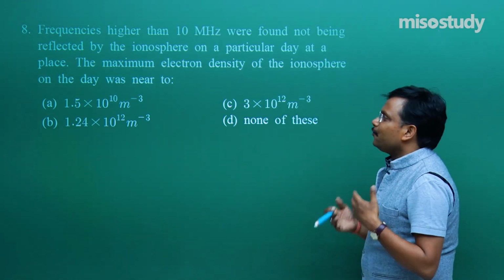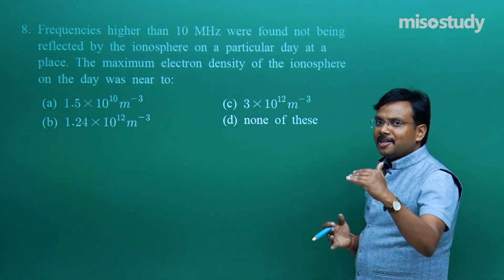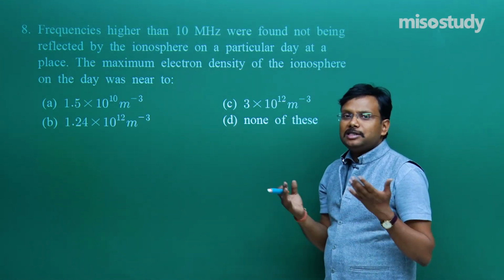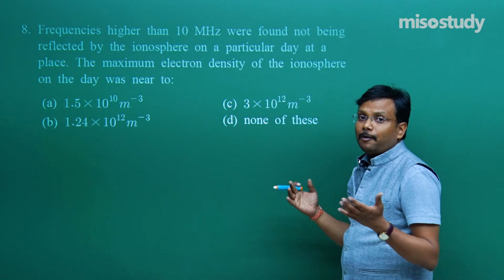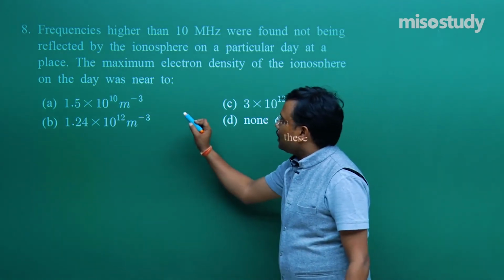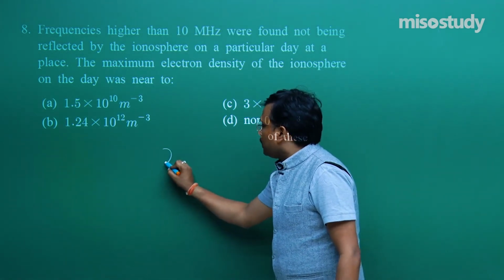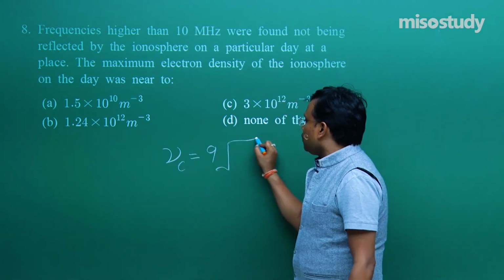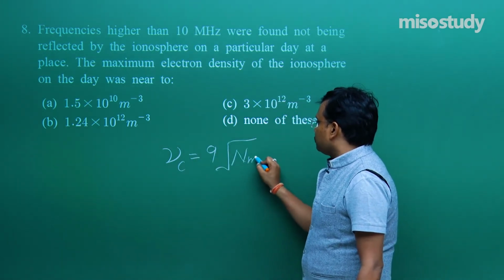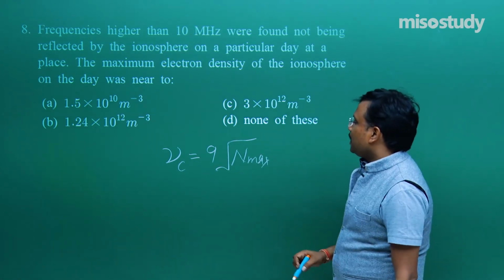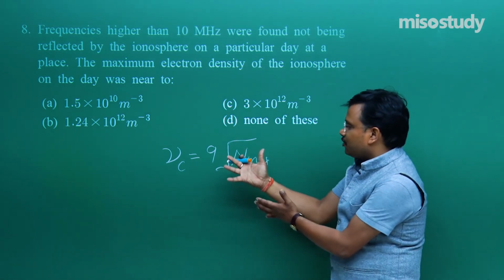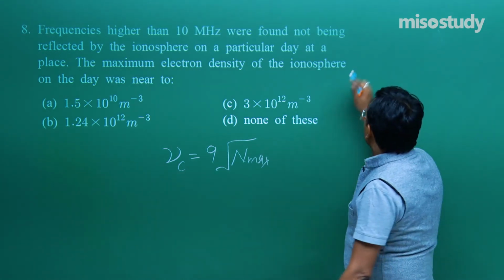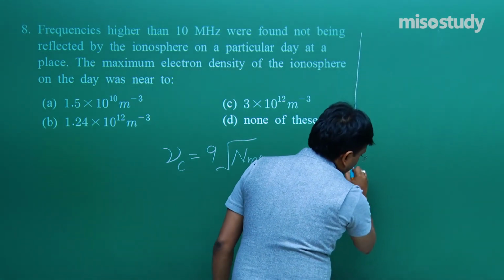Fine. We discussed very deeply, very properly with various properties, frequency range in our videos. If you are regularly watching, definitely you will get benefit from that. So over here let me mention the formula, that is mu c is equal to 9 under root n max. This is the formula. Maybe it may be mentioned with some different expression in other books, but this is in general the formula. So what you should do with this formula,